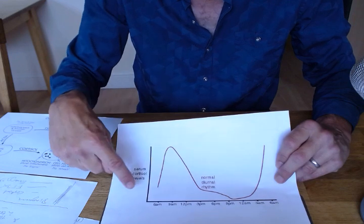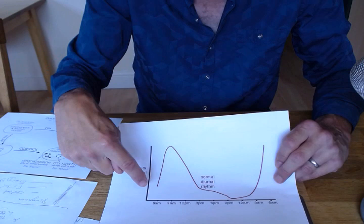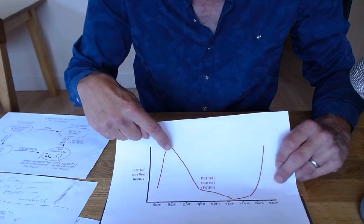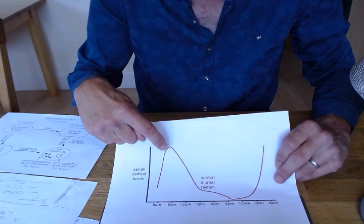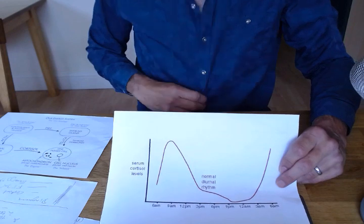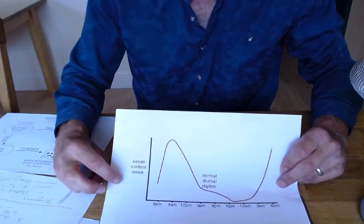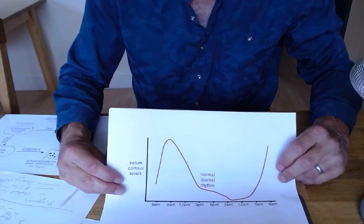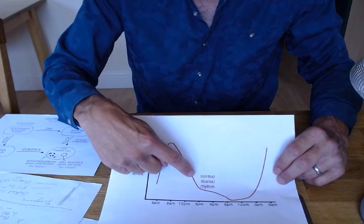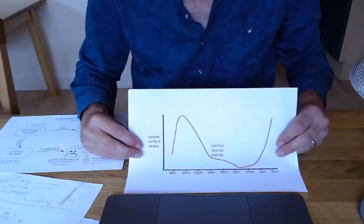There's a bit of individual variation, but this shows this sort of pattern normally. This is 5, 6 a.m., cortisol levels come up, they peak around 8 or so. This is when most people want to get up and be active in the day, when the daylight's around, and you're ready to start your day. You need good cortisol levels to not only wake you up, but to mean you can start the day with good energy. And then during the day, they come down a bit, and towards the end of the day, they're at the lowest when you're ready for